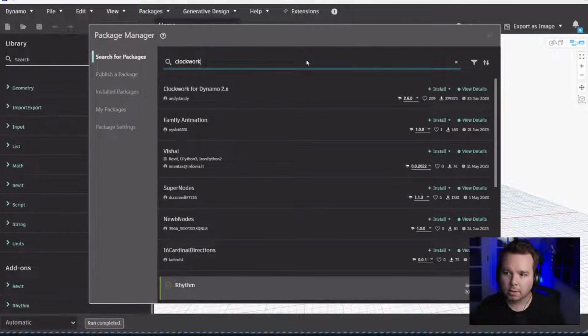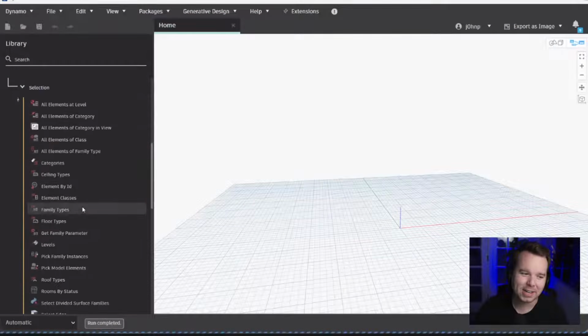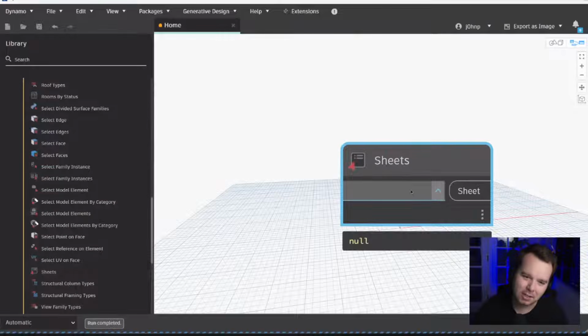That's not a bad thing, right? No. Someone asked me that once. They're like, "Are you offended if they copy your nodes?" And I'm like, "No, because it's really cool that you made something that they saw worth adding." And then you don't have to update it anymore, and then I don't have to deal with it. Exactly, it's their problem now, right? A good example is this Sheets node, which used to be in Rhythm and now it's an out-of-the-box